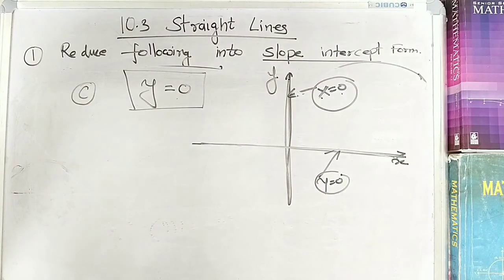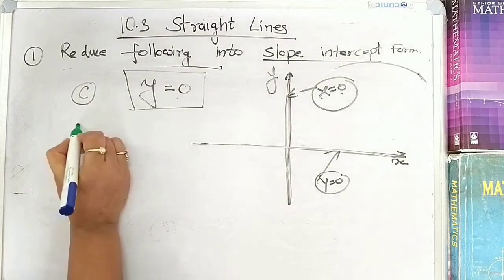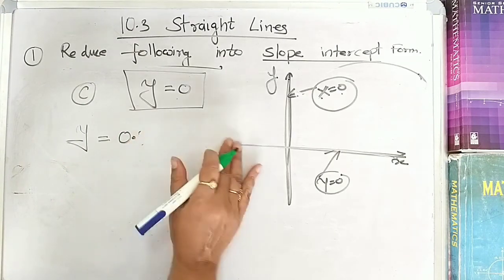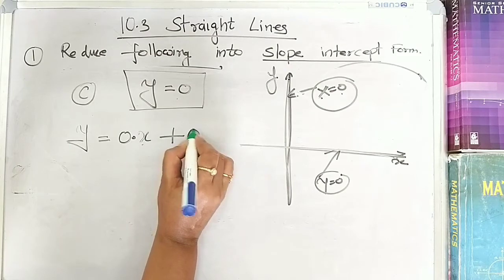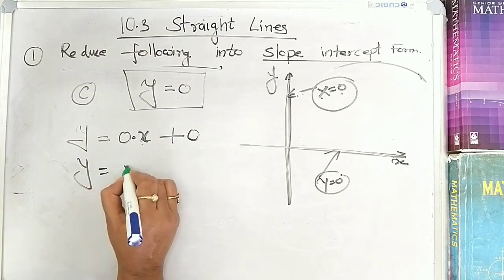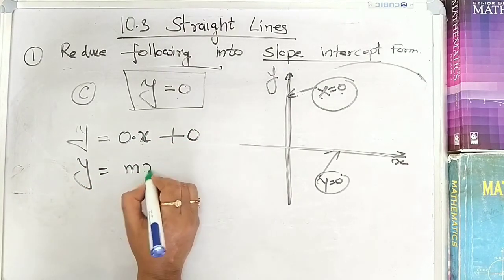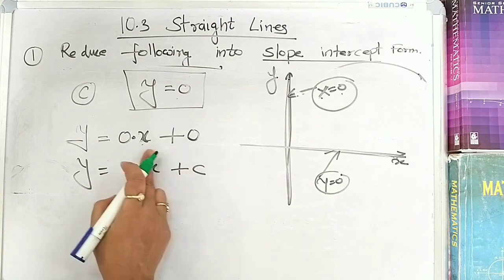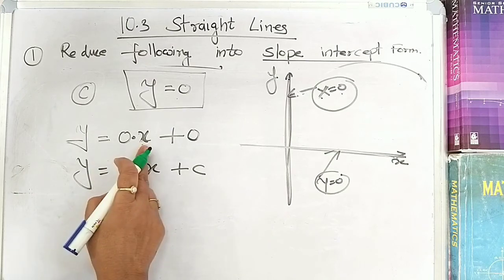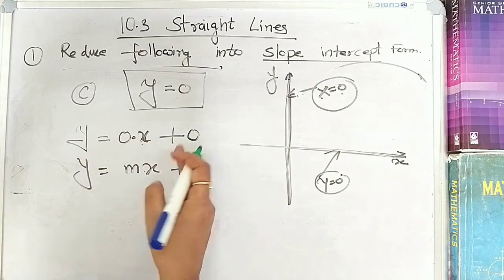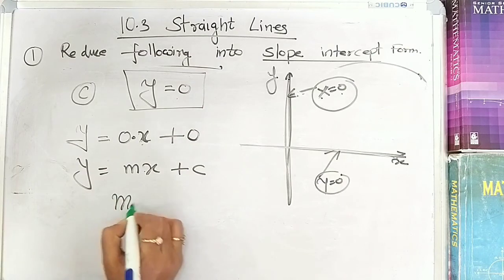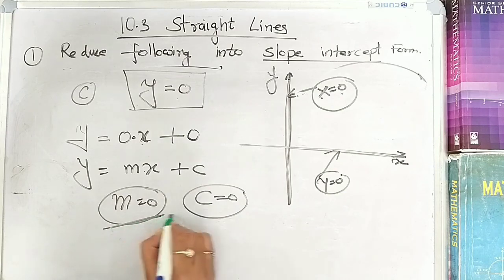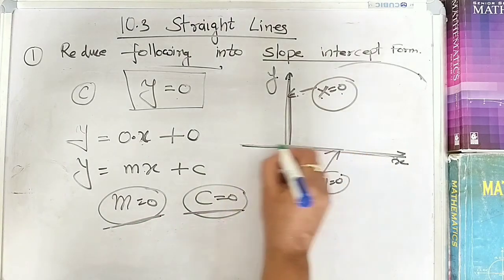But we have to convert it into slope-intercept form. So can I write purposely 0 into x + 0? Why? Because I am planning to compare it with y = mx + c. So I need these two things. Because x is not there, so I can write 0 into x, which is 0 only, and + 0 is 0 only. So now compare, m is 0 and c is 0, means the slope is also 0 and there is no y-intercept. So actually this is x